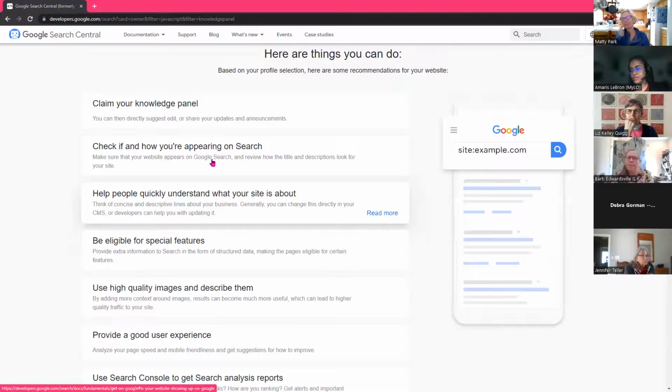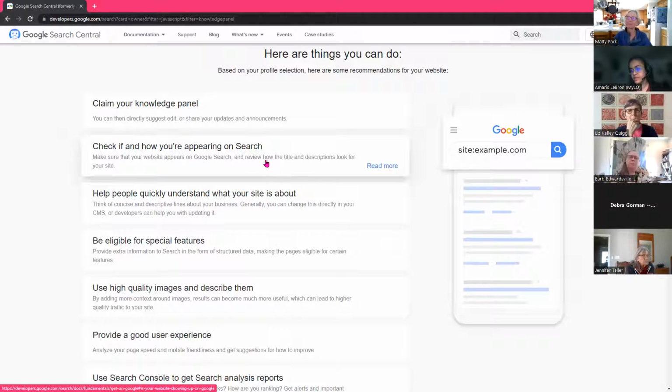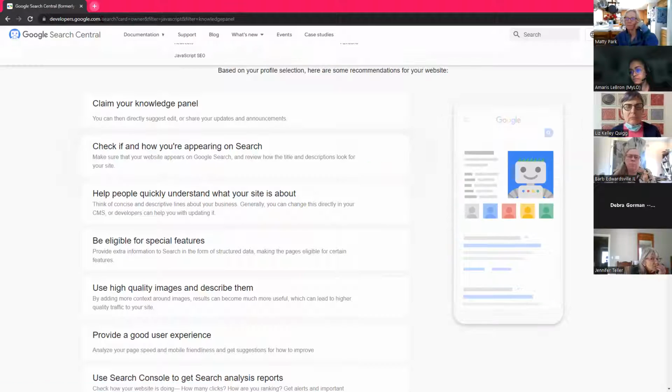So it isn't a thing about setting it up. When it comes to these instructions, it is telling you to do the thing. So you need to take the action and specify which website you're trying to do this work on. There isn't an automatic connection of it knowing exactly which property you're trying to look at. So like this one as well, if we want to check to see if we're appearing on search, we ourselves have to search on Google